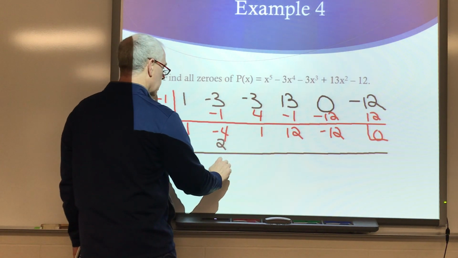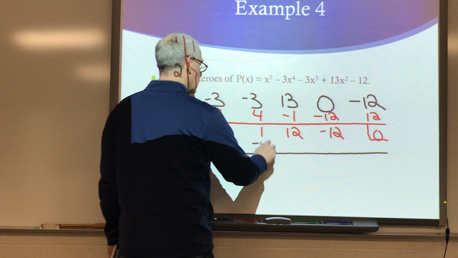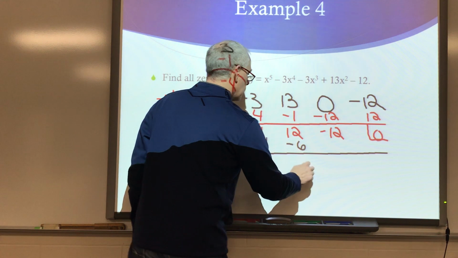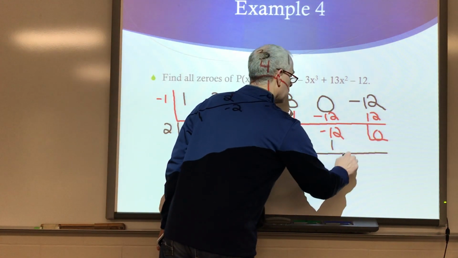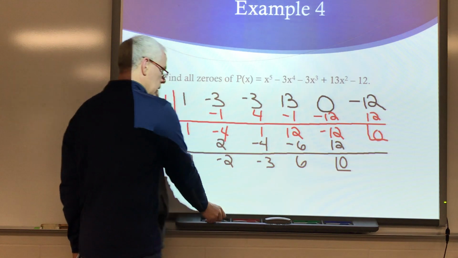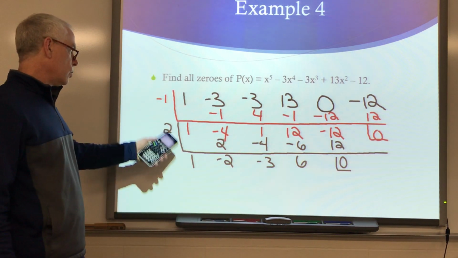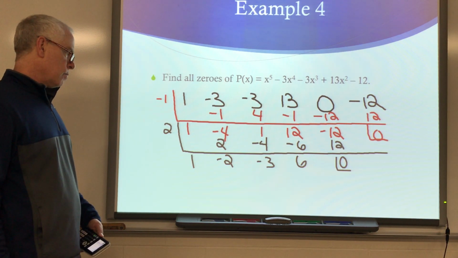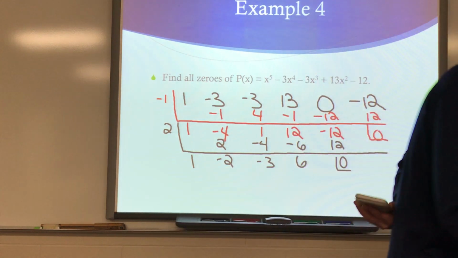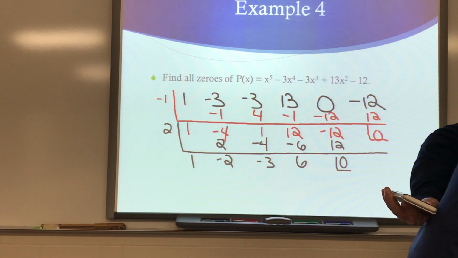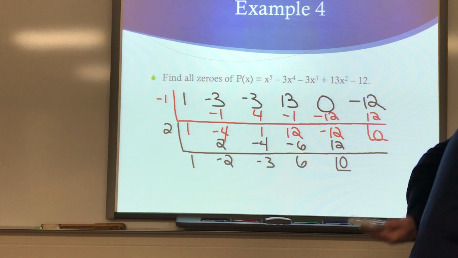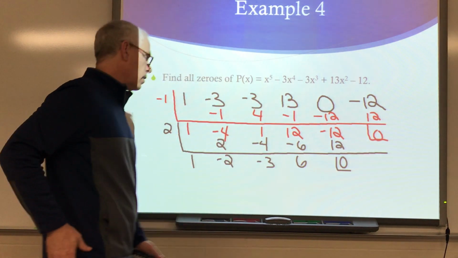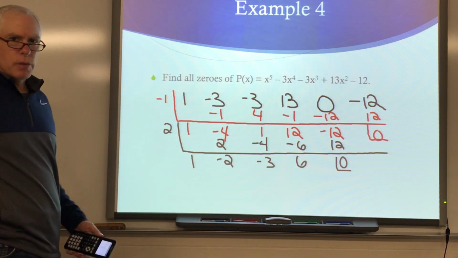Okay, add these up and I get -2. Multiply, -4. Add these up, I get -3. Multiply, I get -6. Add these up, I get 6. Multiply, I get 12. As we expected, we got 0 again. But now I'm down to a 3rd degree polynomial, which potentially I could factor if it grouped right, okay? The interesting part, and we're going to talk about repeated zeros here, is we might have a repeated 0 in